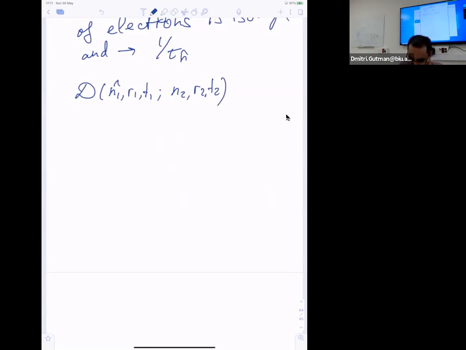So let me just write it explicitly. It's d over dt1 plus v1 gradient acting on the first component, delta function n1 minus n1 prime,